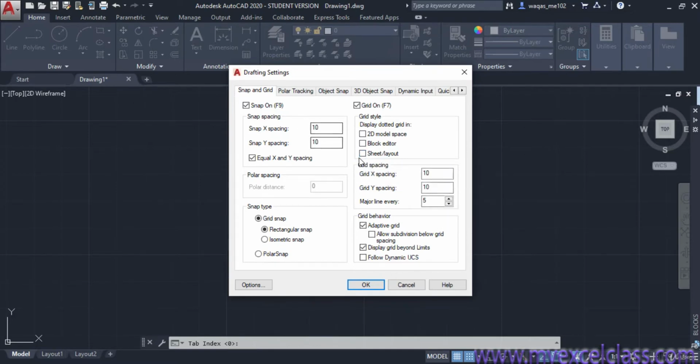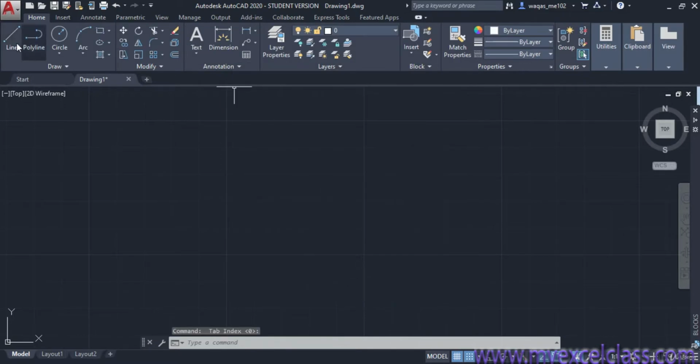So what does this mean? It means that if I want to draw a line or something else, there will be a strange behavior of the cursor, meaning it's not possible for the cursor to pick or drop at any point. Now you see it is moving according to the grid and snap. Now you can see in one main box there are 5 boxes on the x-axis as well as on the y-axis.